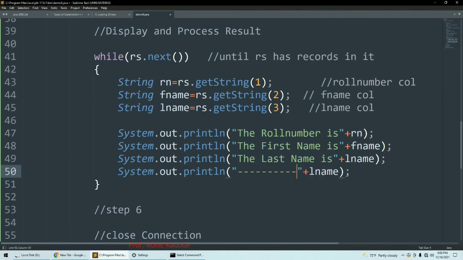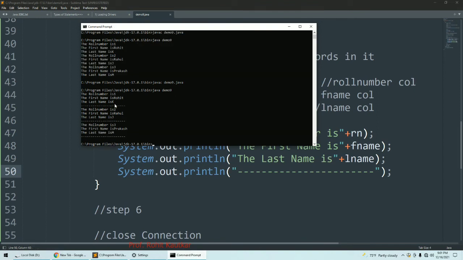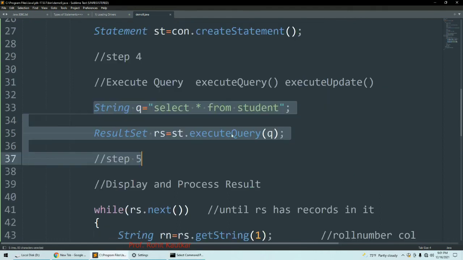So here I will add this line, and again I will compile our file. You can see clearly the first record, second record, third record.